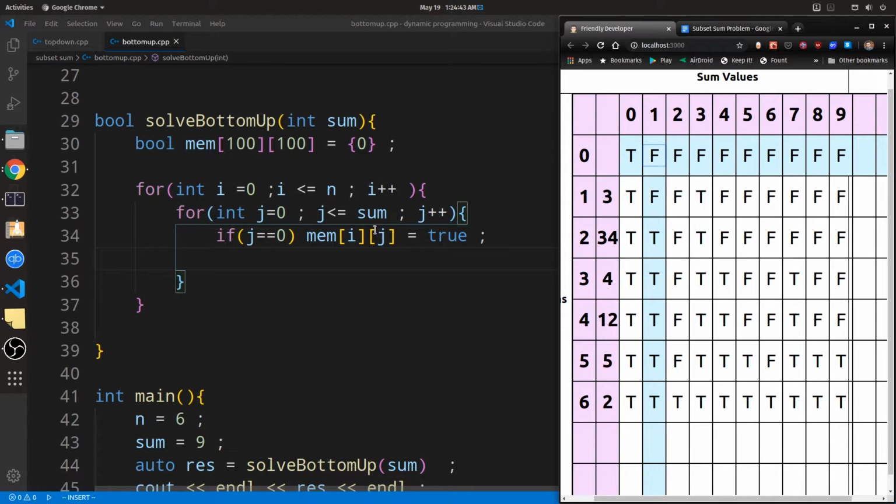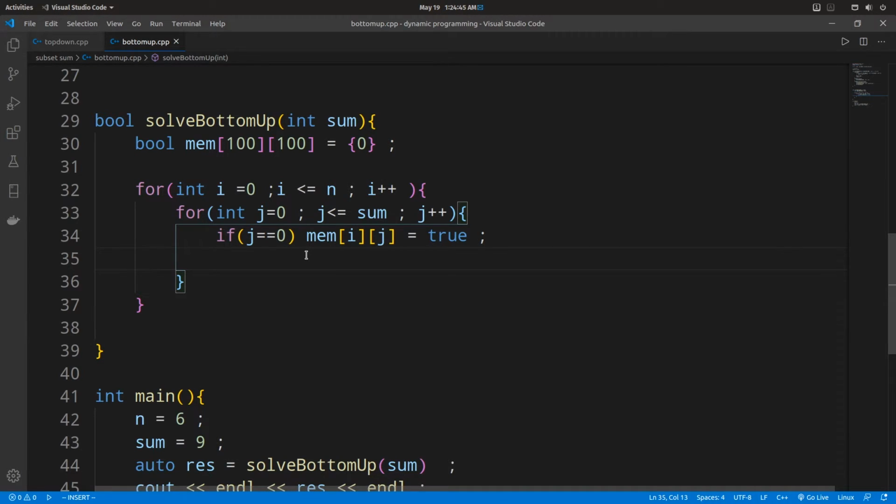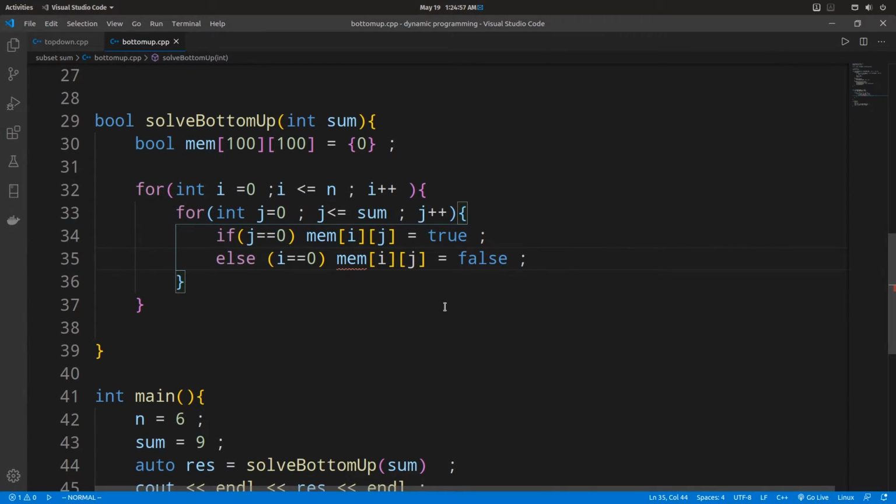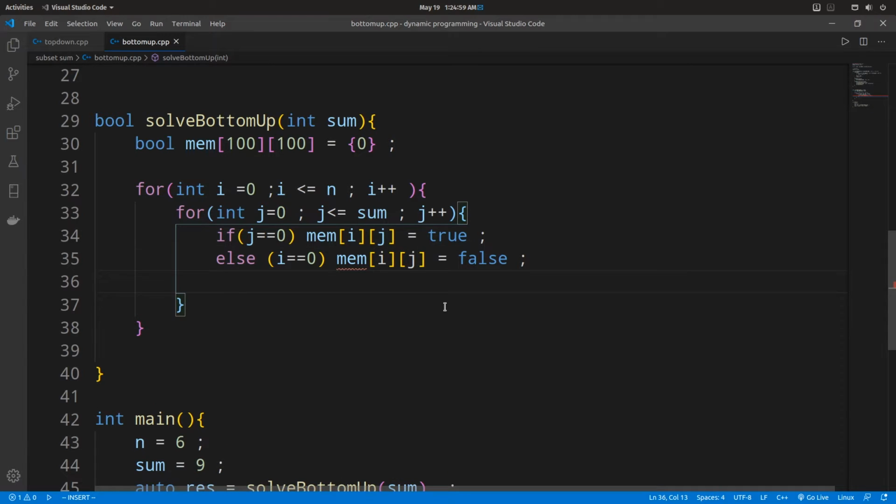So if we are at the first row, that means i is 0, then we store false, because all these values will be false. These correspond to our base condition.